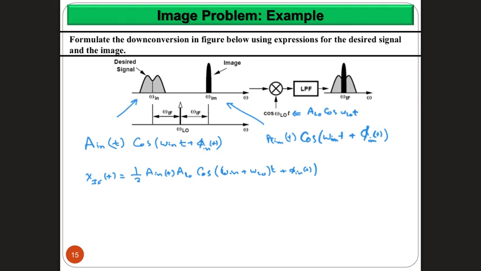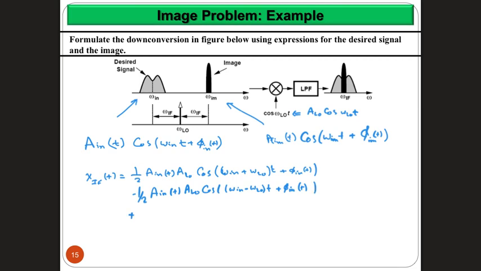So minus half A in of t, A local oscillator cosine of omega in minus omega local oscillator multiplied by t plus phi in of t,